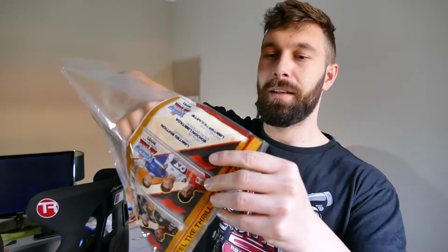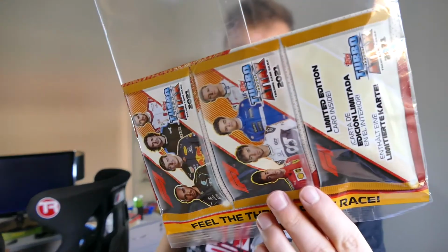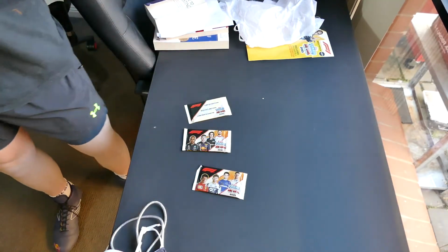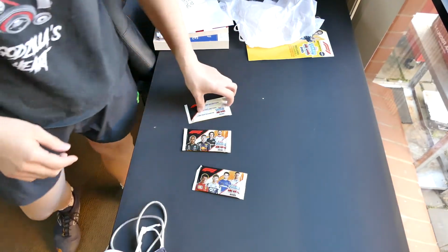Oh, that's all just graphics. The actual, that's the packaging. So all that for 3 card packs is what they're looking at. Now, I did not expect to be doing a card pack unboxing, but here we are. So, just before we